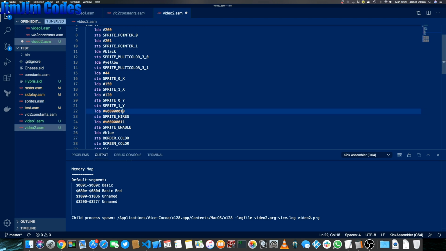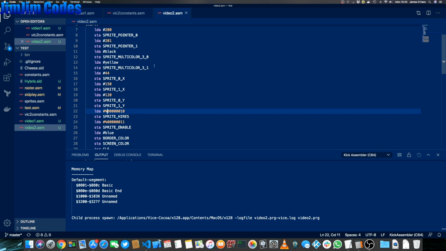So basically what this is doing, all sprites are high-res except Sprite 1. So 0 is high-res, and we're counting from 0 to 7 rather than from 1 to 8. If we weren't, it'd be Sprite 2, but because of the way we're counting, 0 is high-res, 1 is multicolour, and all the rest are high-res. So the last thing we want to do is